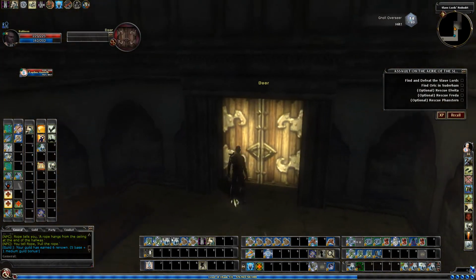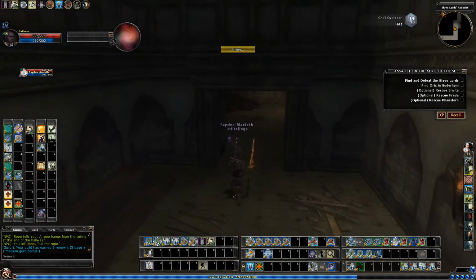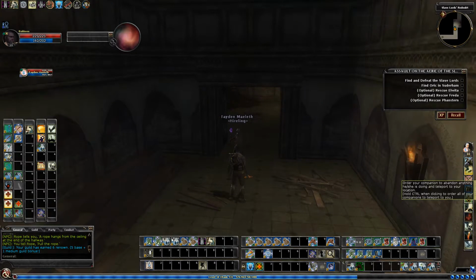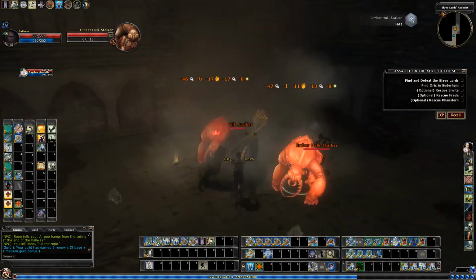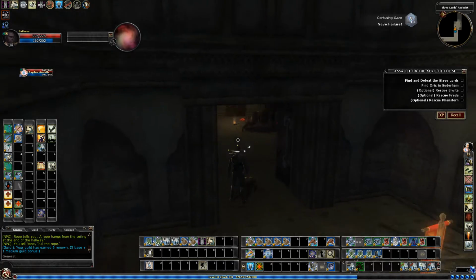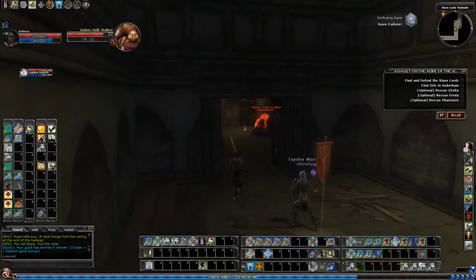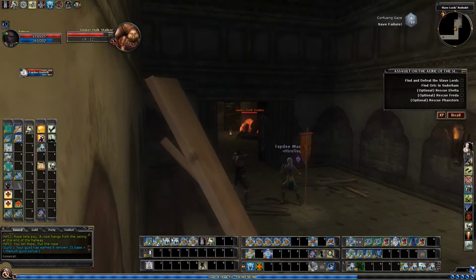Shield spell or shield clicky really coming in handy. I'm gonna put this hireling back here and show you another way you could do this one. Whoops. If you stand back, these guys won't go through the door, so you could